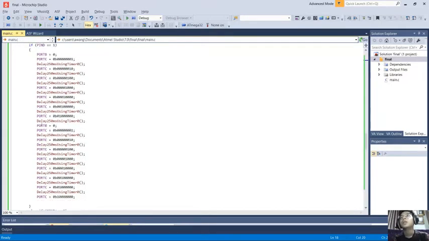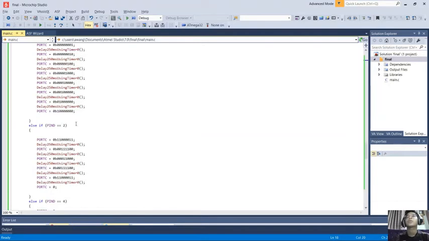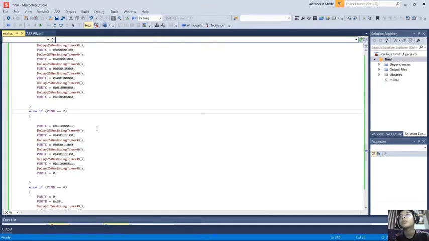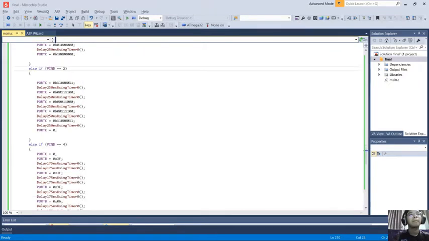And then we move to task 2, where we need to display blinking LED with delay on port C. It is a different bit from switch 0, where it's running LED with delay. So for task 2,